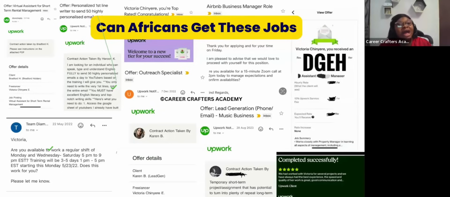Now, I took this screenshot from a platform called Upwork. And that is why I am showing it to you, because these ones you can verify. It's not something that someone can just manufacture. These ones are verifiable. If you go to my profile, you see them. It's not like that is the only platform I get jobs. In fact, my main full-time job, I did not get it on Upwork. So there are lots of platforms where you can get jobs. But this one, I just took a screenshot to show you guys that it is possible.